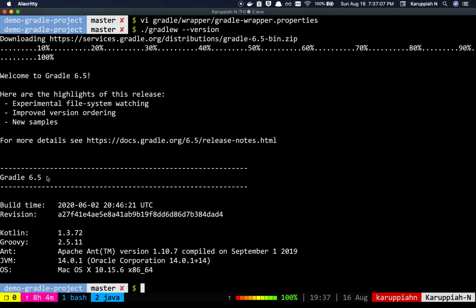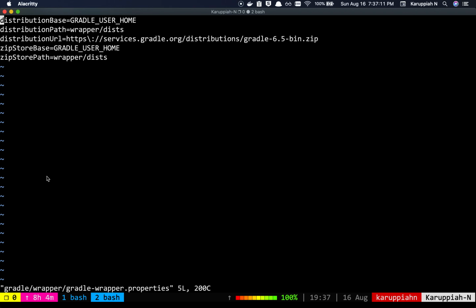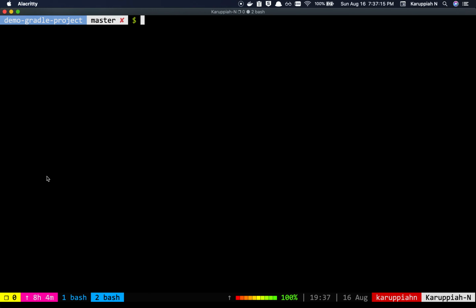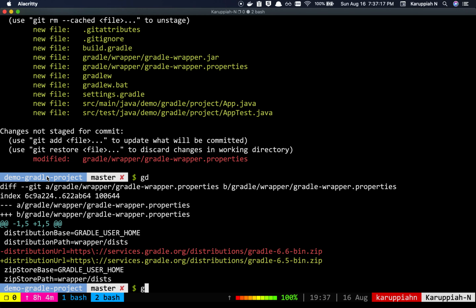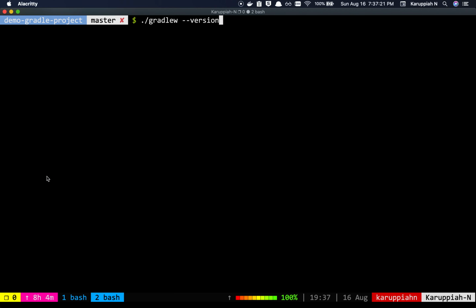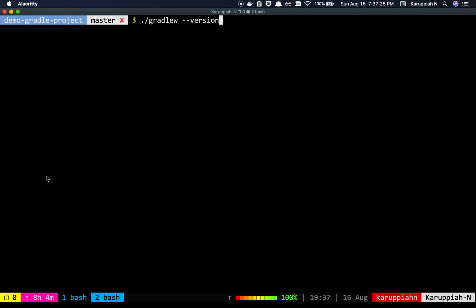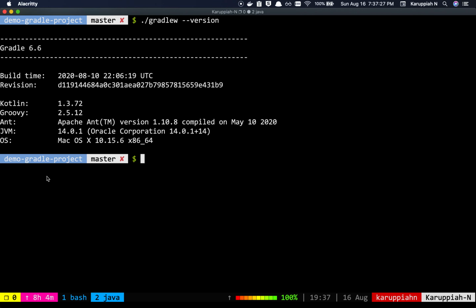So that is Gradle 6.5 for you. But I'm just going to go back and change that. Or I could just, since I have Git, check that out. So if I do gradlew --version now, I'm back to Gradle 6.6.